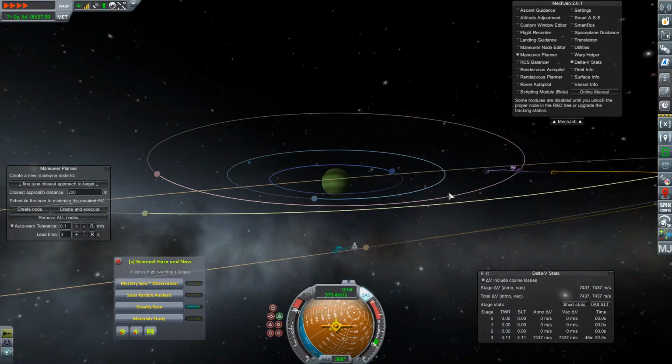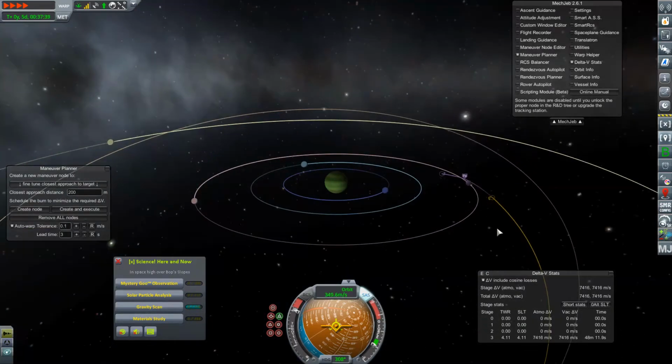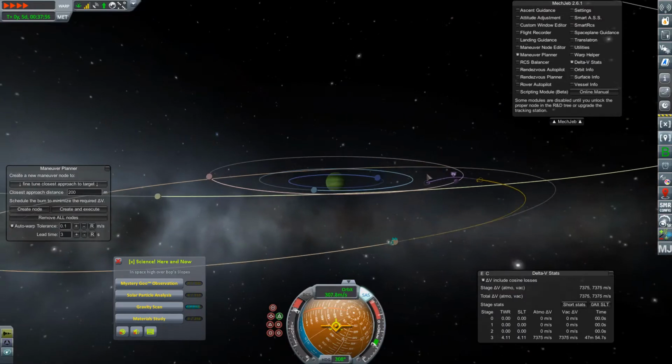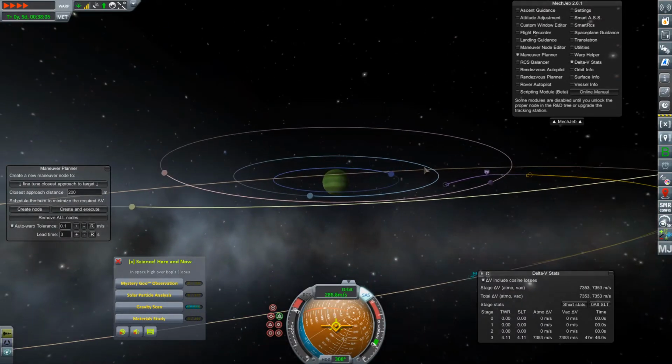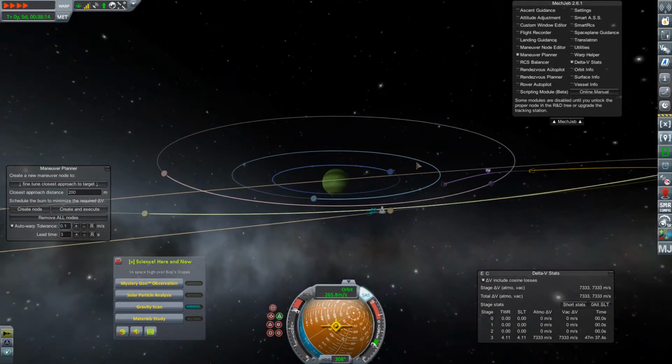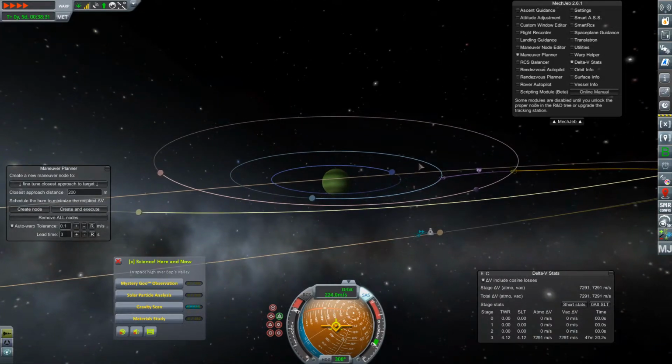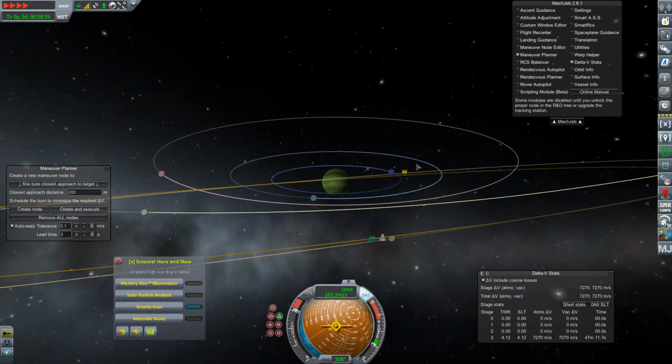Hey, look at that. We have an encounter way over there with, what is that? Tylo. Yeah, well, Tylo has a very heavy weight on it, so it's not really worth messing with. It takes a lot of thrust to weight ratio to get moving on that place. Alright, we are starting to finally see a curve of our...